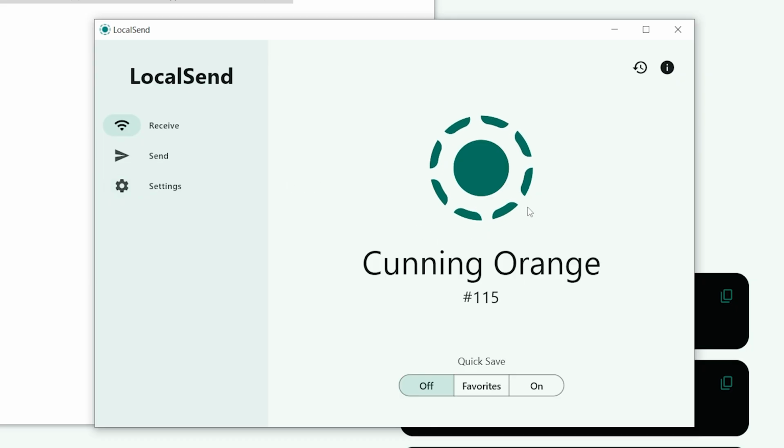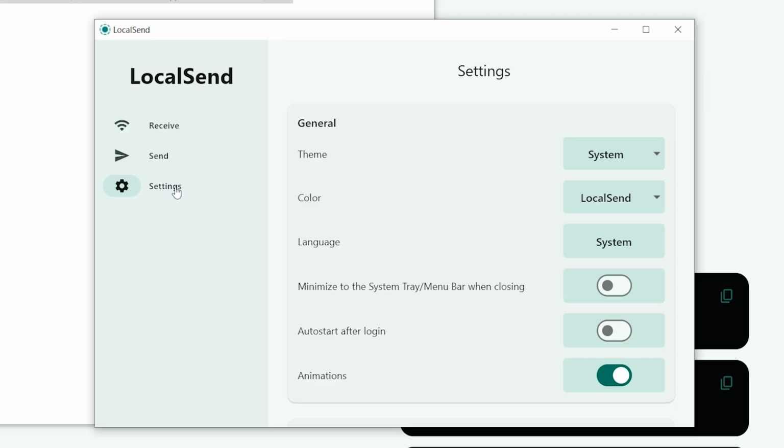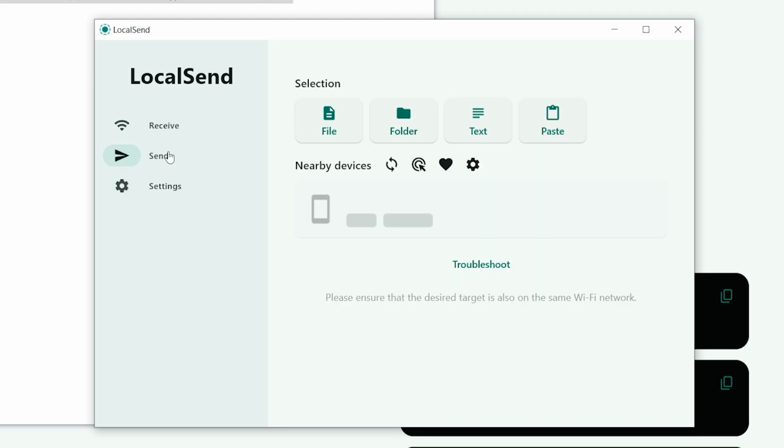After the app opens, you'll see your device listed and LocalSend is ready to use. You can customize your device name or other settings later if needed. That's all there is to it. You've successfully downloaded and installed LocalSend on your Windows PC, and you're ready to start sharing files with other devices